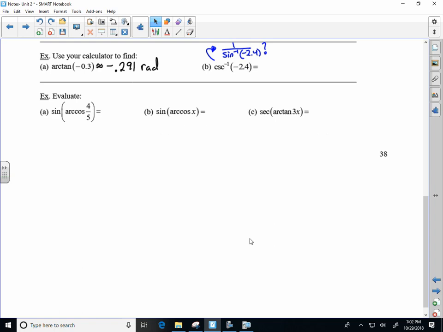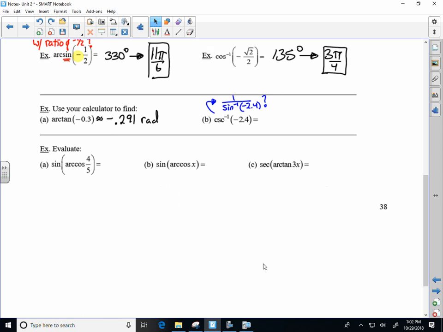No. So, inverse cosecant of negative 2.4. We got to think about what that means for a second. In order to really think about what it means, we need to go back and actually talk about what it means to be inverse sine of something. All right? So I'm just going to kind of chuck it in here. If I have something like f of x is equal to the inverse sine of x,